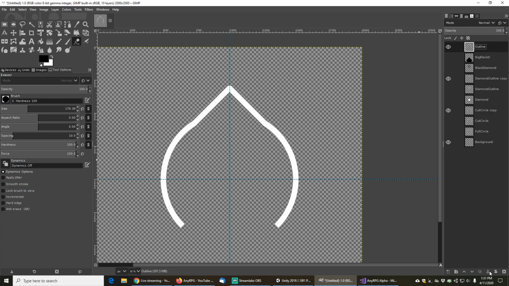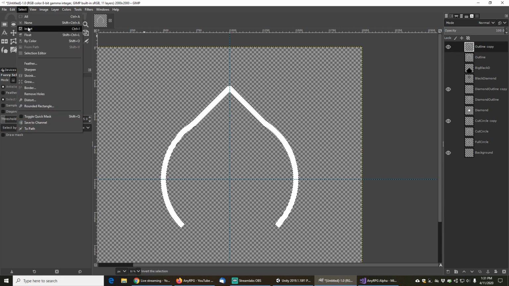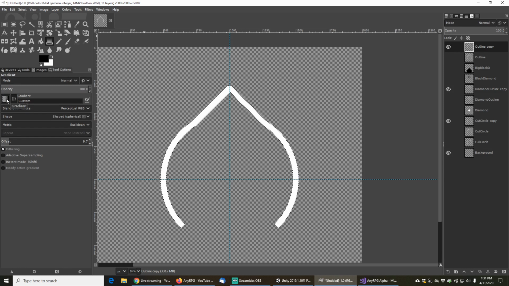So I'm going to make a duplicate of this layer, hide the original one. I want to select that. I believe I want to invert the selection and then go to the gradient tool